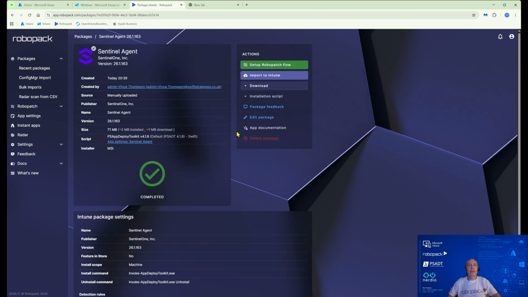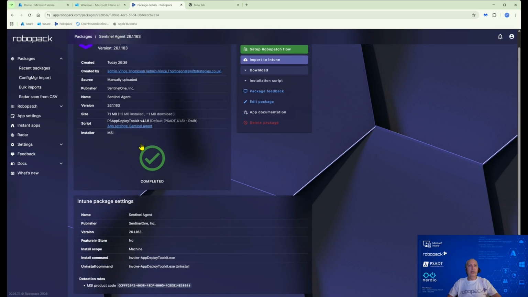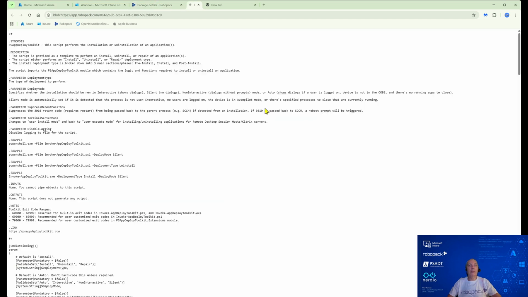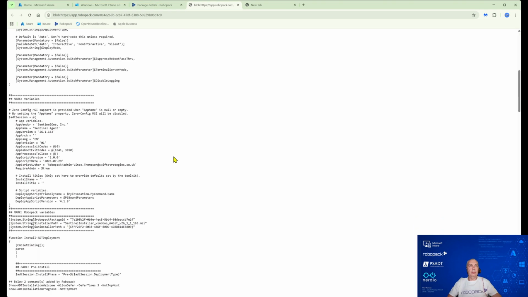Because what I want to show you now is, so here's the package now. We've got our custom app settings, which is there. If I click on that, it'll take me to the custom app setting, which I've just done. But what I'm interested in really is I want to look at the script. So let's look at this. View the PSADT script. And if we scroll down,